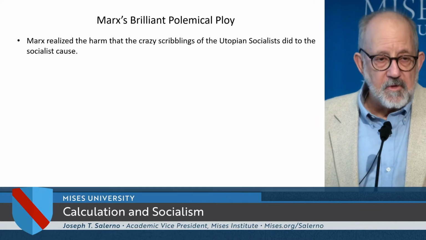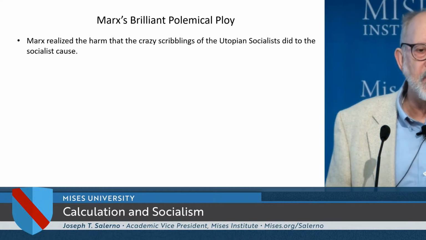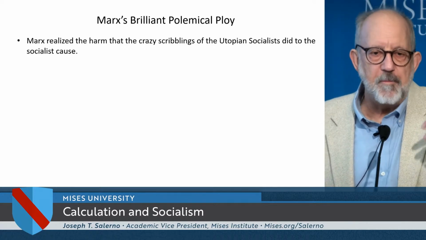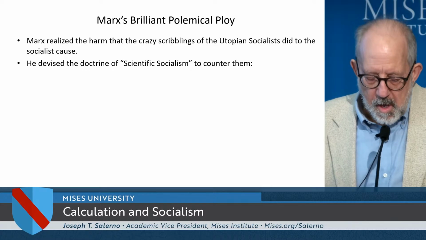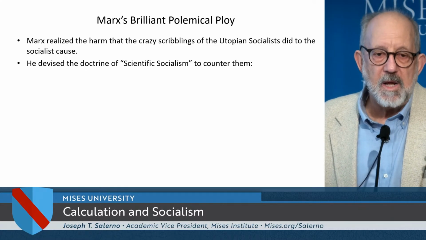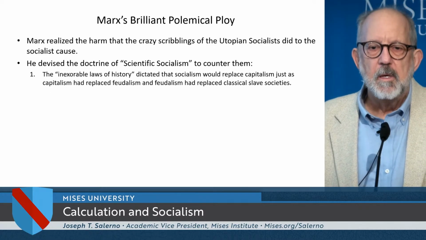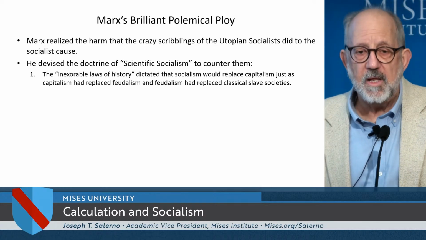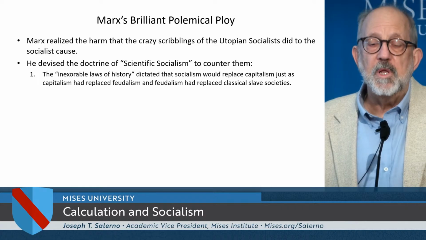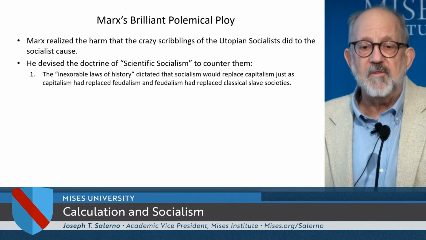Now, as I said, just to talk about Marx for a moment, he realized the harm that these crazy scribblings of the utopian socialists did. You know, classical economists smashed them, people laughed at them. So he devised the system or the ideology of scientific socialism. And he said, look, we don't know what the future socialist society is going to look like, nor do we care, okay? What he called the inexorable laws of history dictated that socialism would replace capitalism,